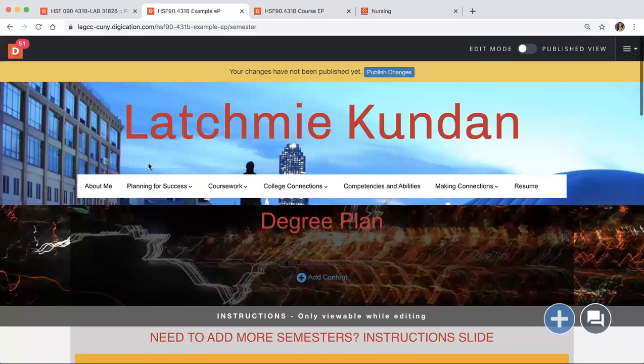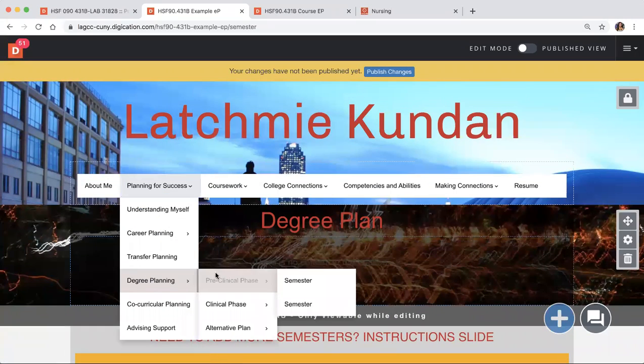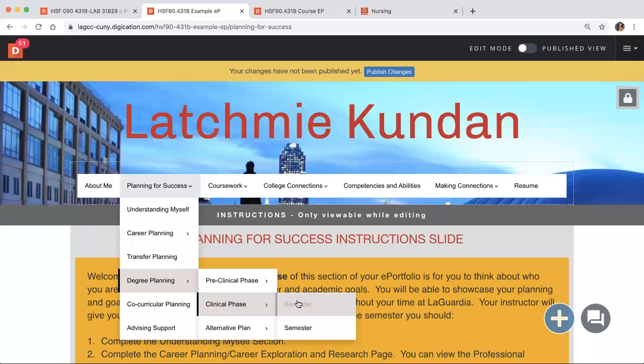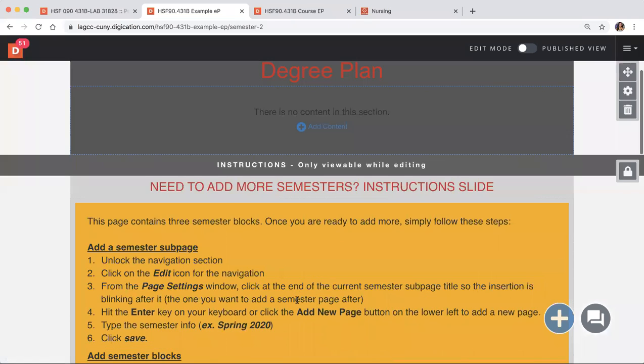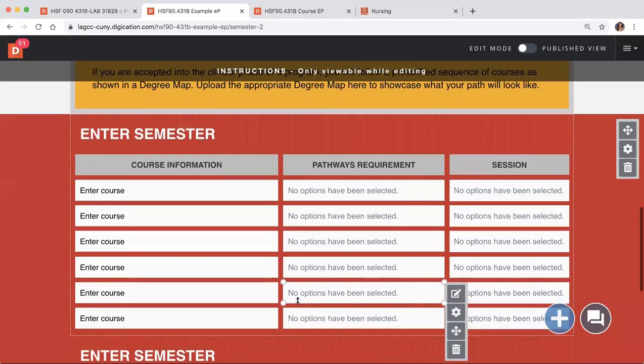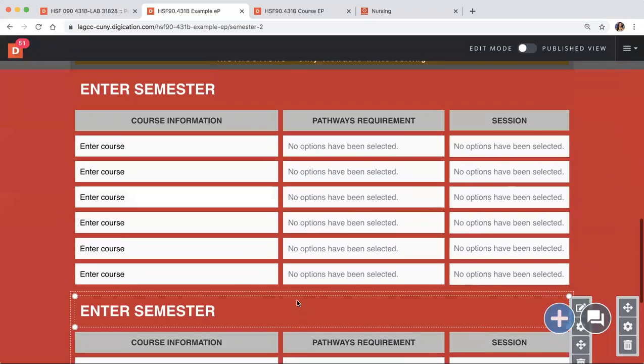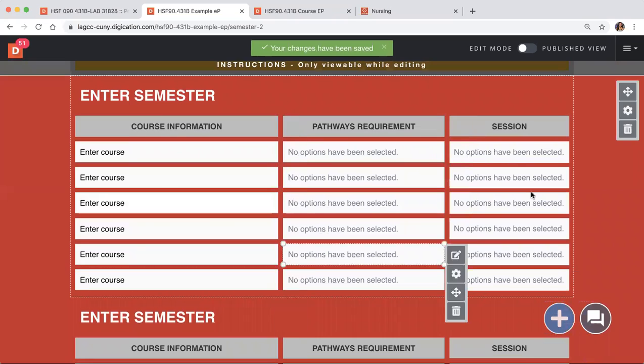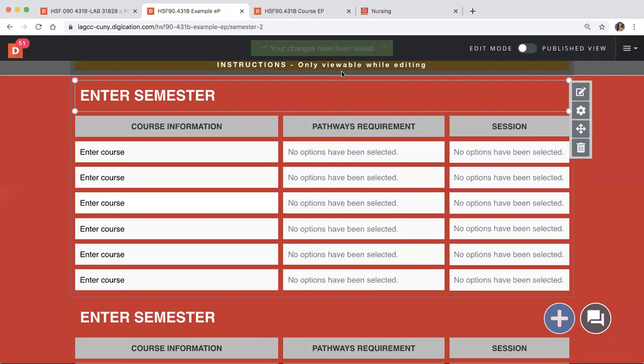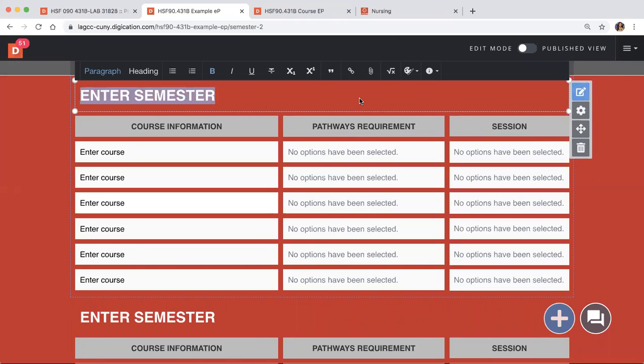So now what you're going to do is when you go to degree planning and you go to clinical phase, the same thing, you're going to click on the very first semester tab, right? And if you scroll down, you'll see 2 more semesters, right? Don't panic, you just need to do one of these cubes, right? So for example, I'm going to be planning for next term with this, right? Well, not next term because I'm not going to be taking my candidacy. This is after candidacy. So this will be